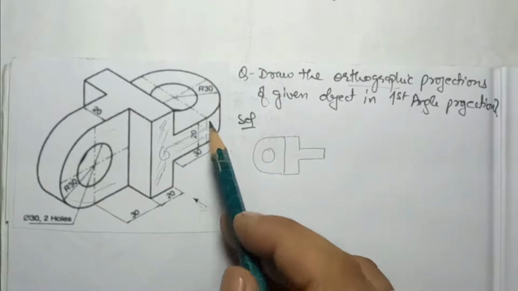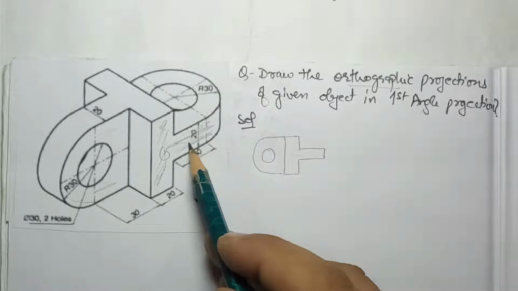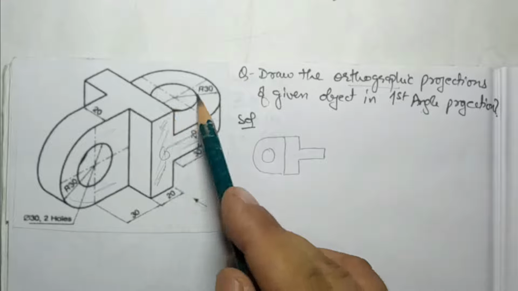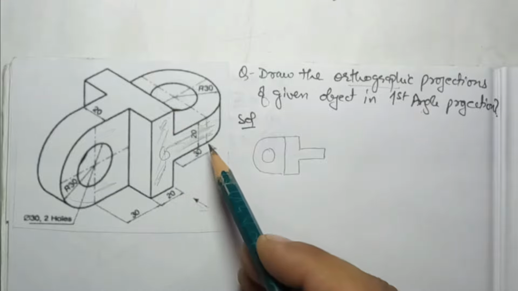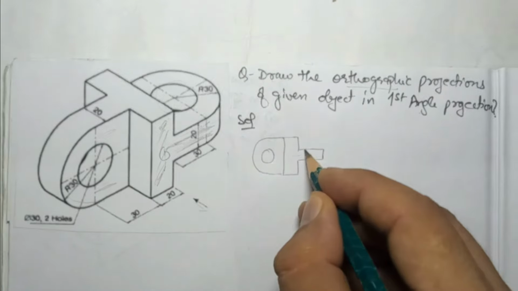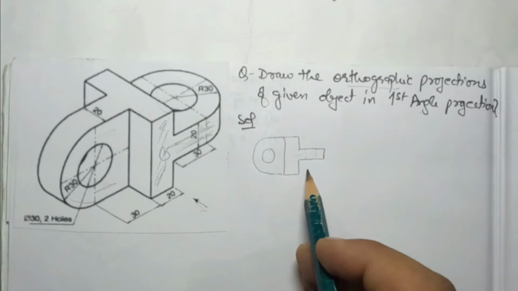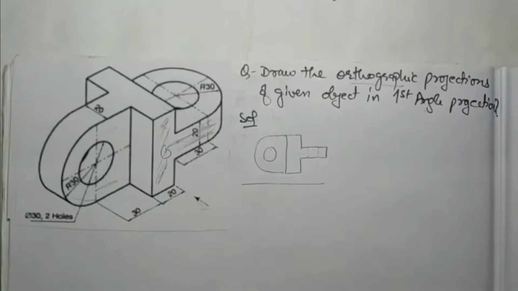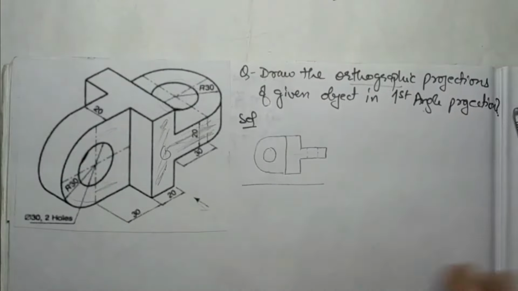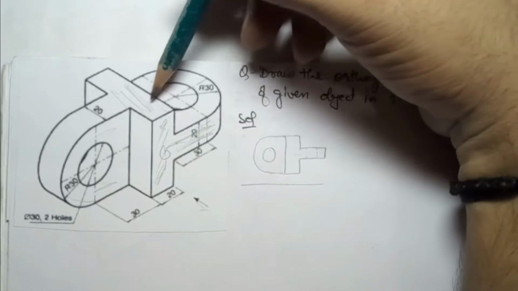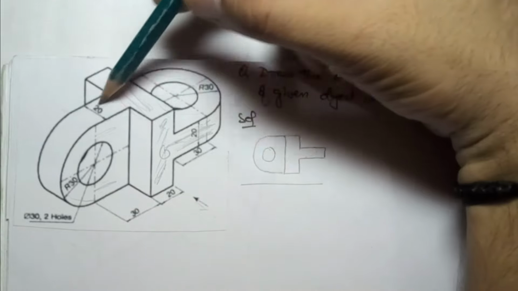Done. Now if you see behind this surface, I am talking about the hidden surfaces. Behind this surface there is a circle which is present but not visible from this side, so we have to draw the hidden line for this surface also, this circular groove. This is the front view. Now when I talk about the top view, when you see from the top, you can see this surface, and this and this rectangle.